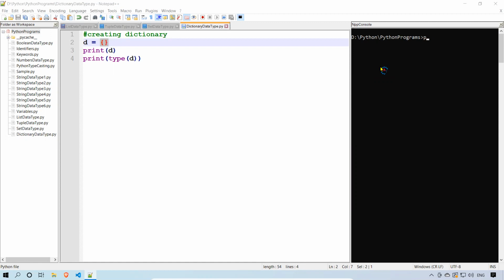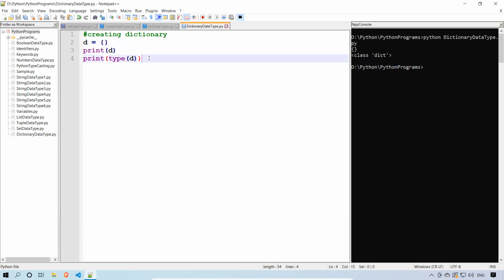Running dictionary data type dot py, you see class dict. So this is the dictionary data type. It is printing an empty dictionary. This is how you can create an empty dictionary.